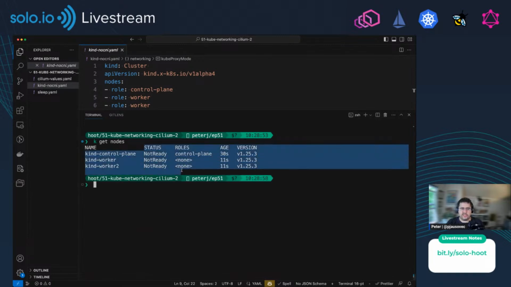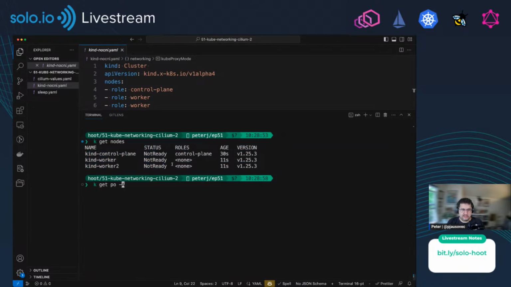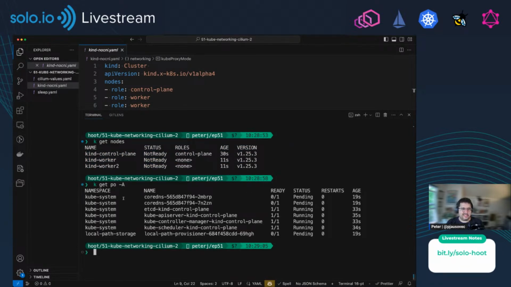You'll notice that the nodes are not ready because there's no CNI, right? It doesn't know how to give out the IP addresses. And then the same for CoreDNS, right? For example, CoreDNS pods, they're in pending because they don't have the IP addresses. So what I'll do next,